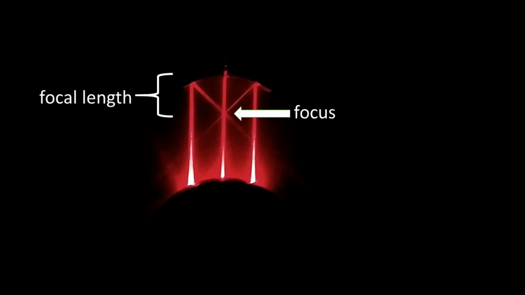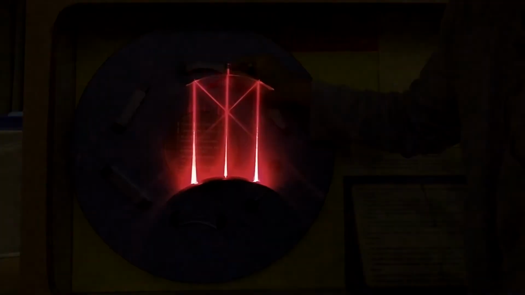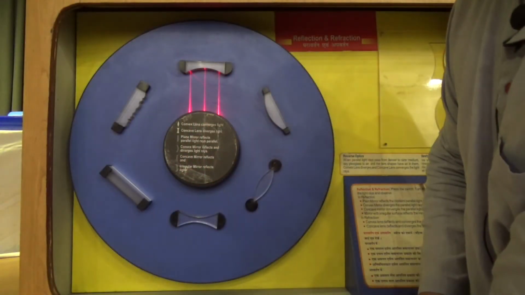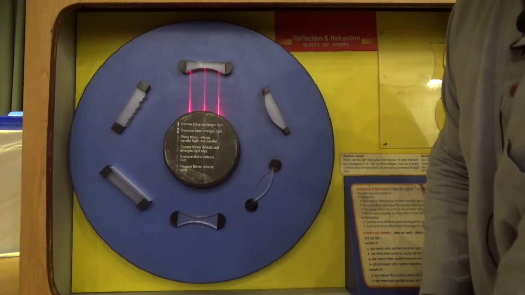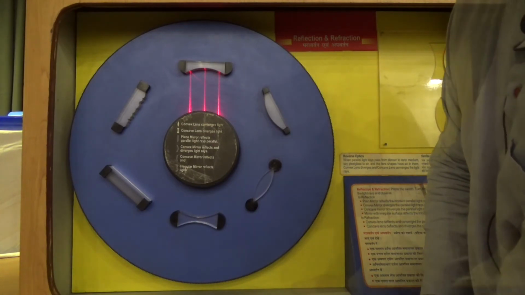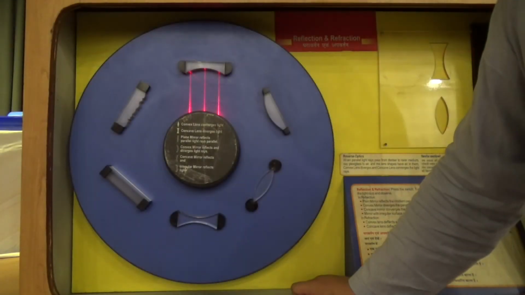This point is called the focus, and the distance from the optical center, that is inside the concave mirror, is called the focal length, where images are formed. So depending on the location of the object, the image will be formed differently. Now, having understood the pattern of image formation by a concave mirror,